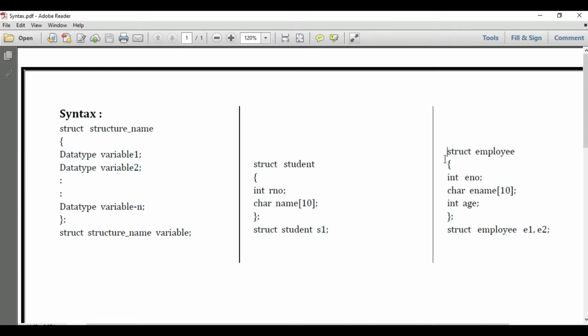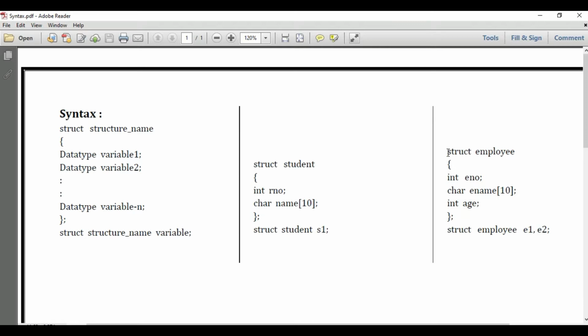In the same way, suppose I want to store employee information like employee number, employee name and employee age. So I have created a structure called employee with member variables employee number, employee name and employee age. And if I want to store this kind of information for two employees, then I create variables E1 here and E2 here.